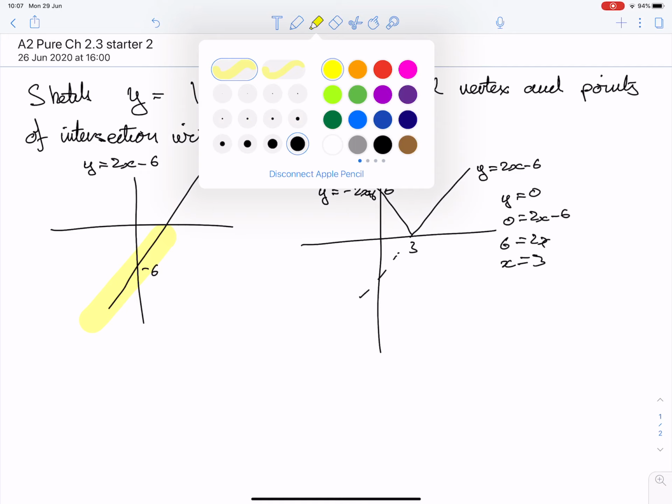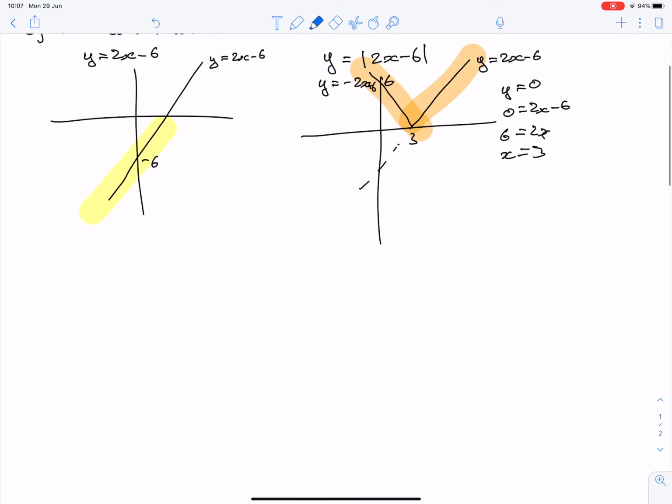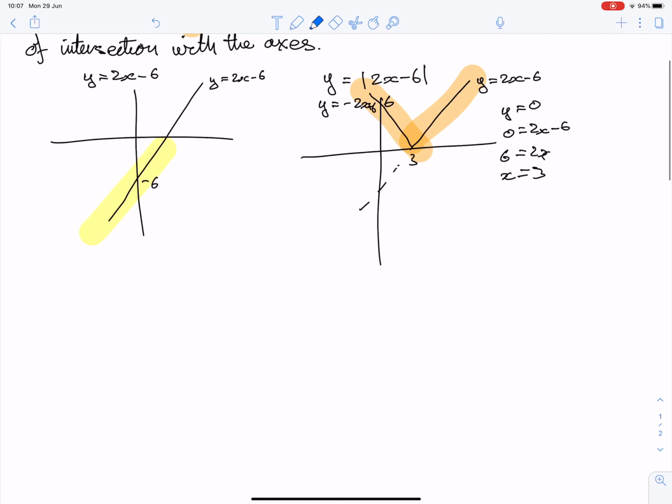Then the second thing we've done to get that is we've applied the modulus signs to get that graph. And then the last thing we're now going to do is subtract the 3. And the minus 3 outside the function is going to move the whole graph down by 3. So we're going to get an answer which looks like this. So we're going to have our lowest point down here at 3 take away 3,